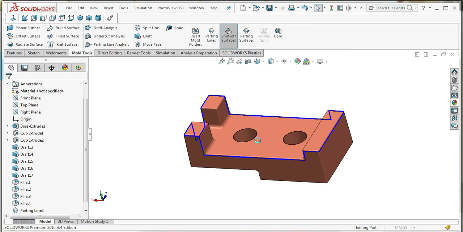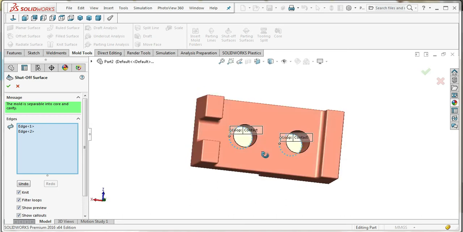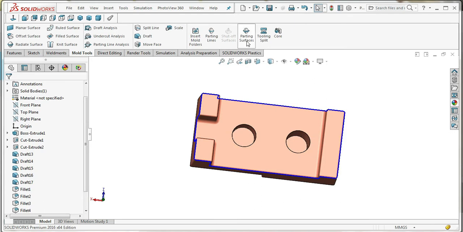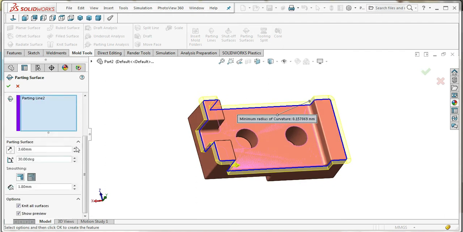For smaller holes, if any are available, the holes are created, so a dummy split is made. The split is very useful. Now for the parting surface, click it and, based on the parting line, it will be extended automatically.